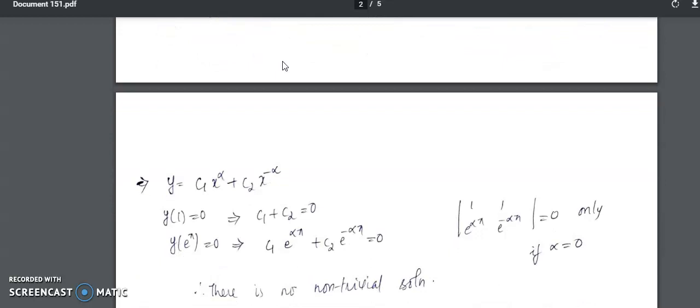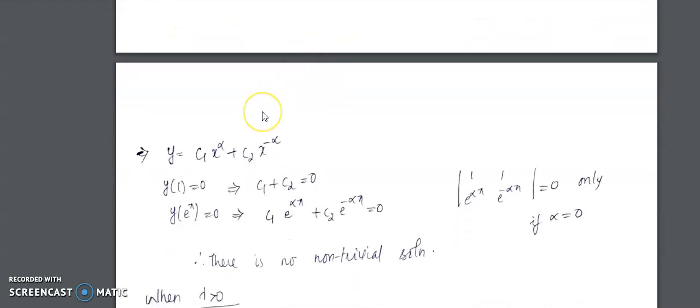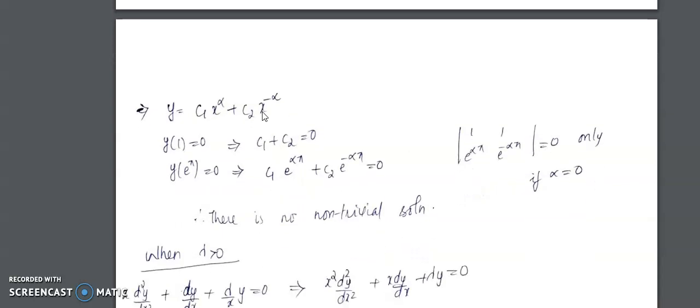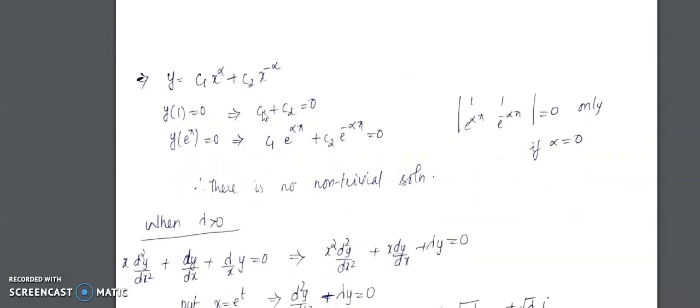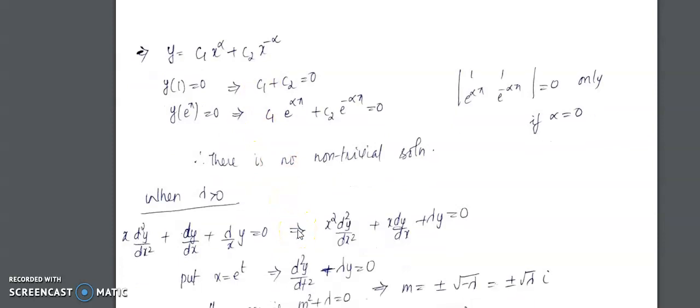Alpha equal to 0 ആവാൻ പറ്റില്ല. So therefore there will be no non-trivial solution. And let us look at the third case, that is when lambda is greater than 0. So lambda greater than 0 varum. So again